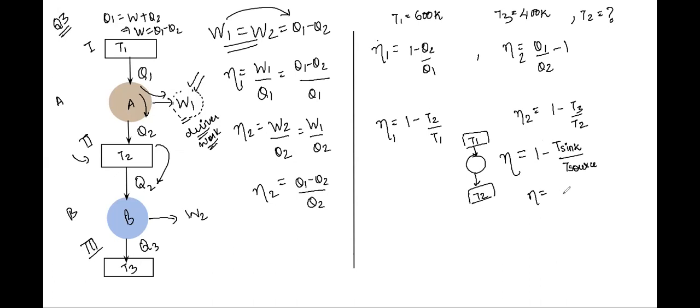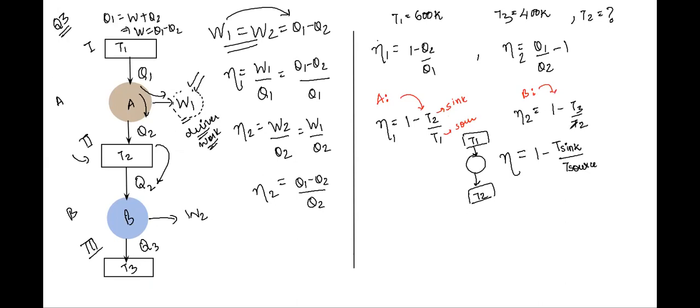Yes, sir. Therefore, efficiency will be given as for the first engine using this formula. Now use this formula, Atul, and write down the efficiency for the first engine. So for the first engine, we have (T1 minus T2) by T1, correct? Because this one is the sink, whereas this is the source.